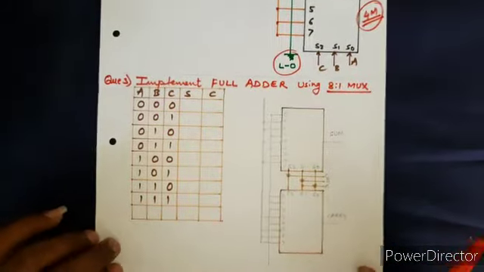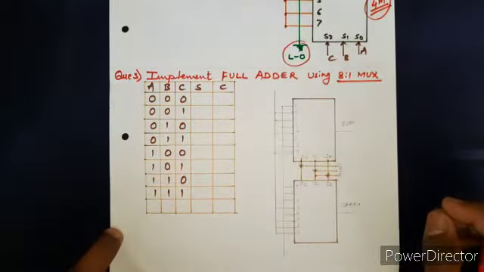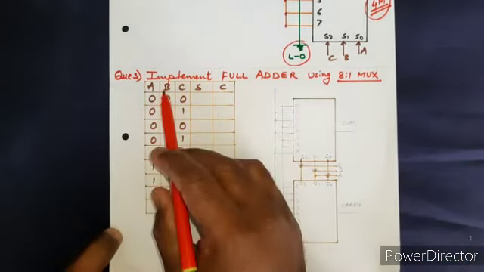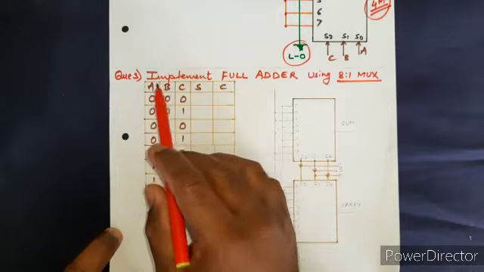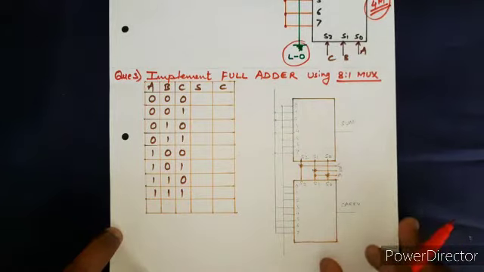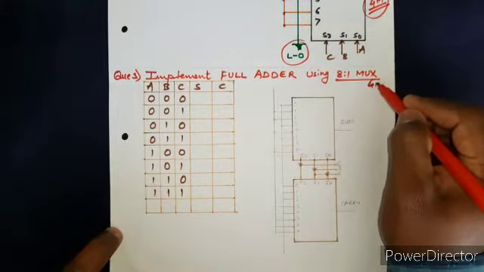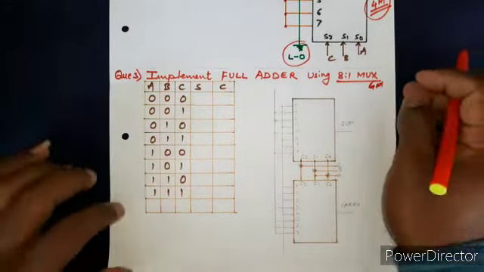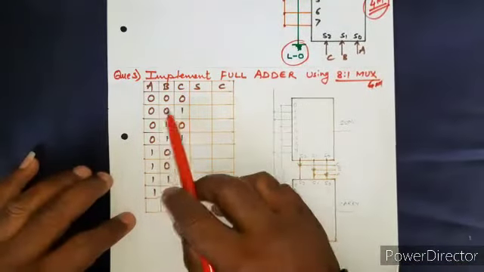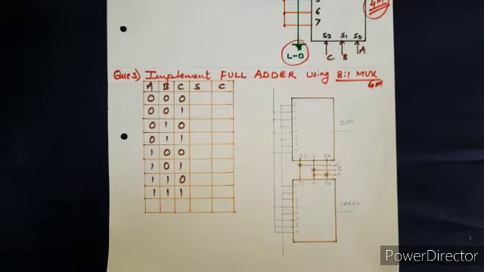Now let me twist this question a bit. Once you have understood these concepts, you can have a simple question like implement full adder using 8:1 mux. In the exam you may have this question for say 8 marks or 6 marks; consider the question for 6 marks. Implement full adder using 8:1 mux. Or just to make it a bit more complicated, the question can be implement full adder using multiplexer.